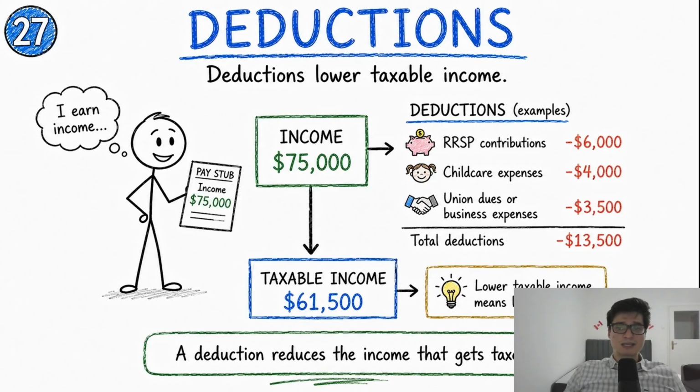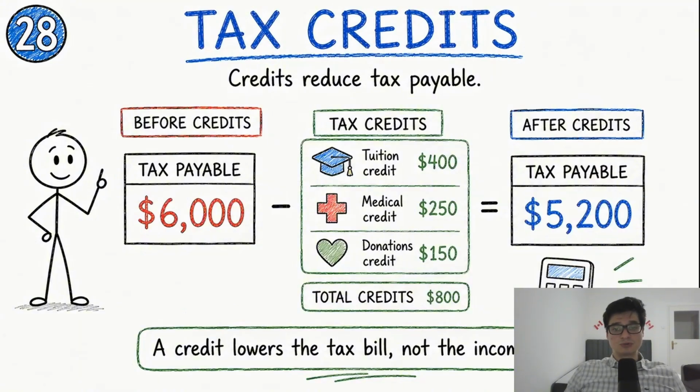It's money in your pocket and you deduct it and you won't pay tax. Other ones are your childcare and your union dues or your professional dues as well. You have this credit system and this payable. So you calculate your payable before the credits, and then you go in and you calculate some of the credits. You might have your tuition credit, your marginal credit, your donation credit, and then it will bring down by 15%